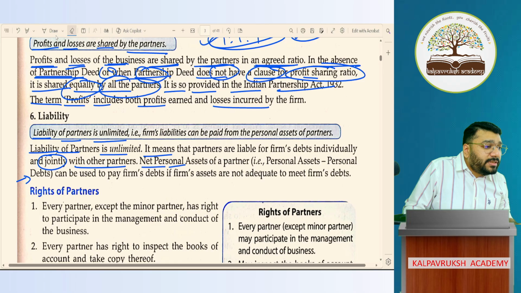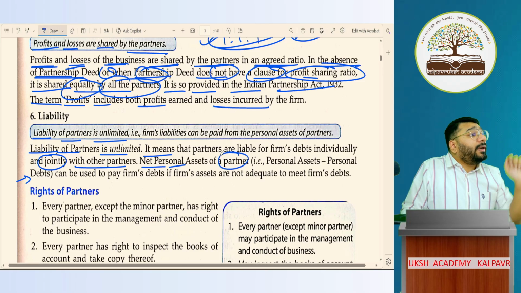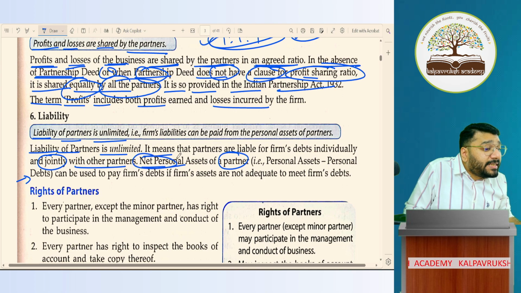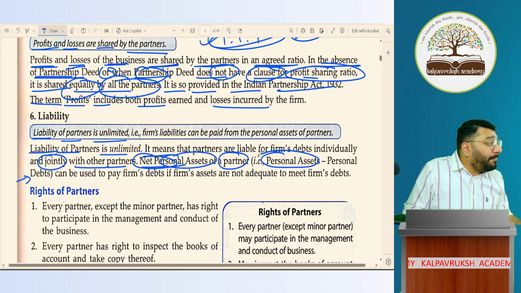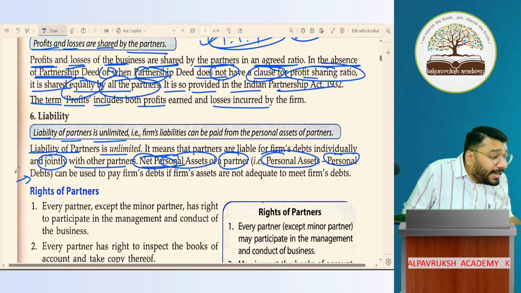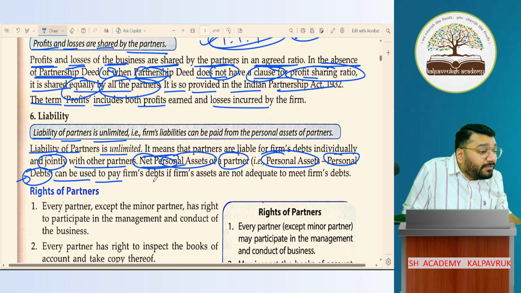One second, ma'am. This is the point they're trying to say: whenever you take the partner's asset, you will not take the gross asset. You will take the net personal asset. What is the meaning of net personal asset? From the total personal assets of the partner, you will minus the personal debt, and the balance is called net personal asset, which can be used to pay the firm's debt if the firm's asset is not adequate to